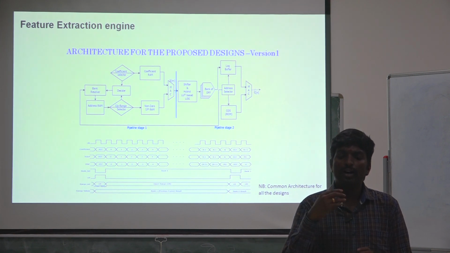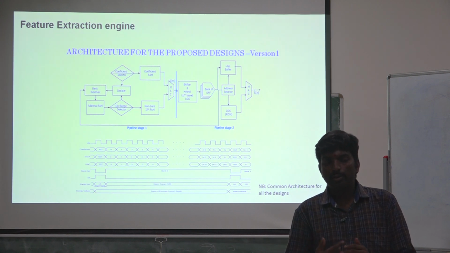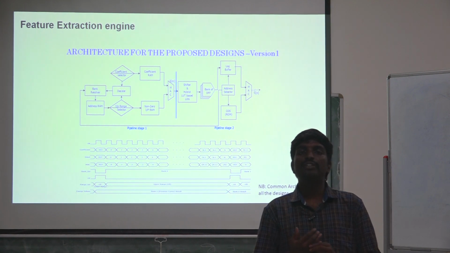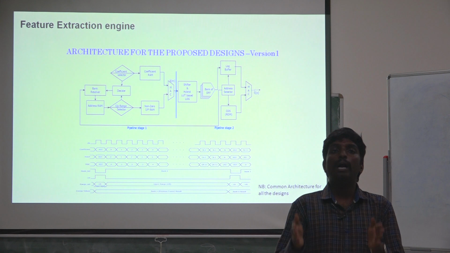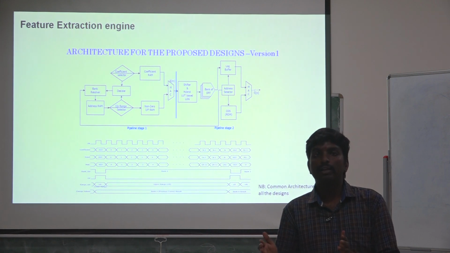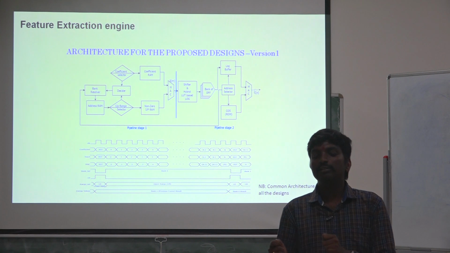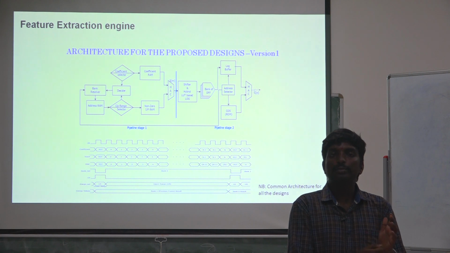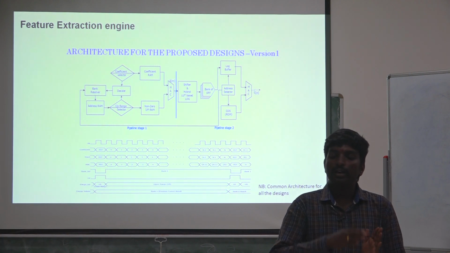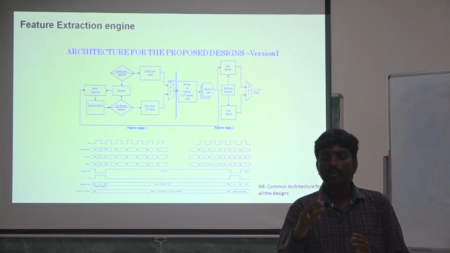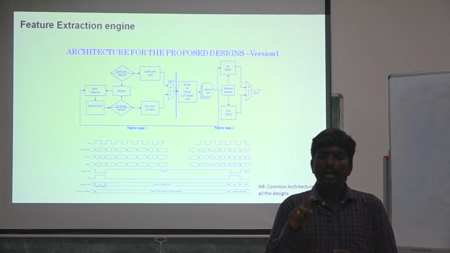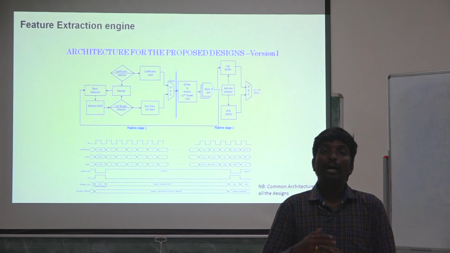After the computation of log, we need to store it to compute the C of n. If we want to calculate the C of n feature vector, we need the entire 20 bank frequency spectrum. Until we get the 20 bank frequency spectrum, we can't move to the feature vector computation. So we need a log buffer which stores the log of the energy spectrum one after another. The address selector again increments from one bank to the other.